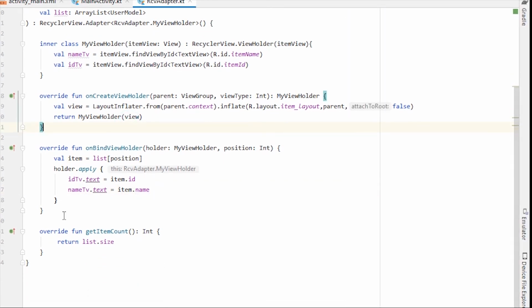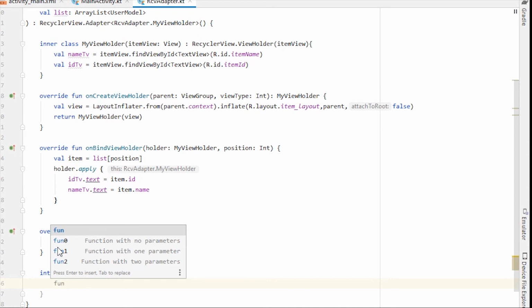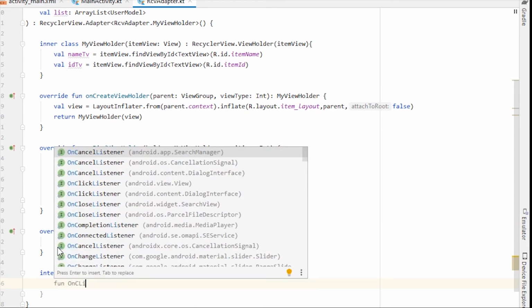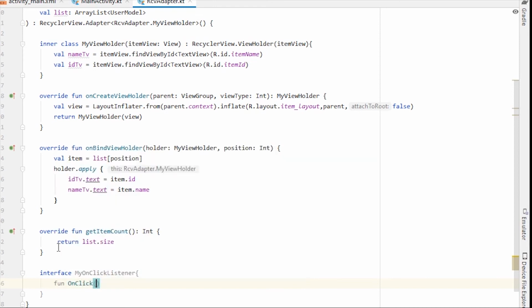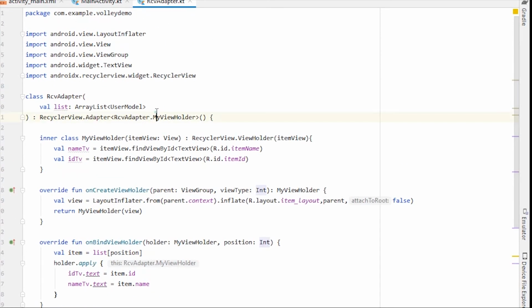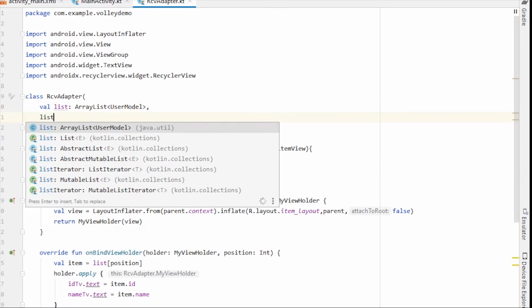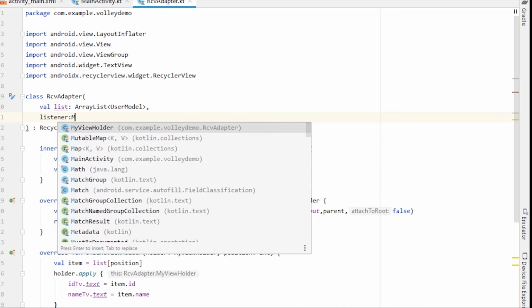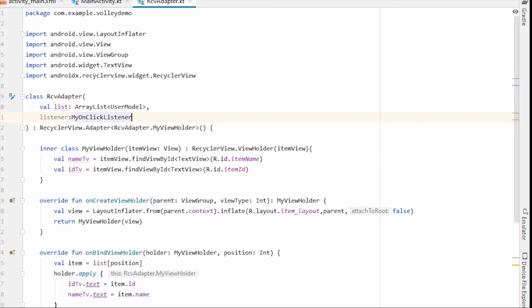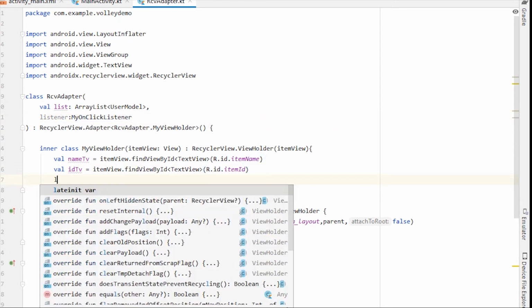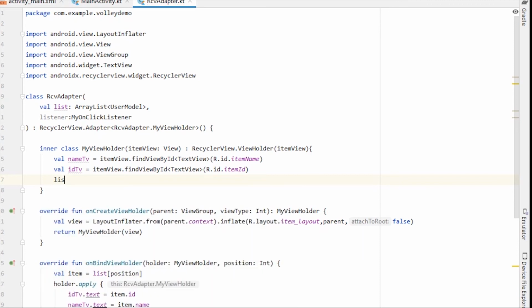Let's quickly do that. Let's create an interface MyOnClickListener, and I'm going to create a function onClick, and I'm going to pass position of type integer. Then we are going to get listener of type MyOnClickListener, and here list, okay, inside the init block